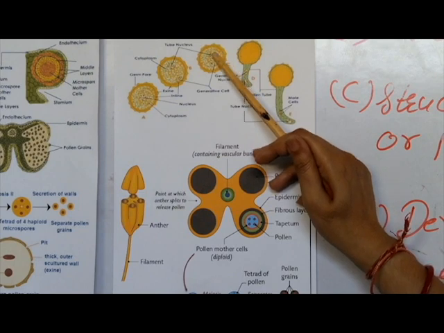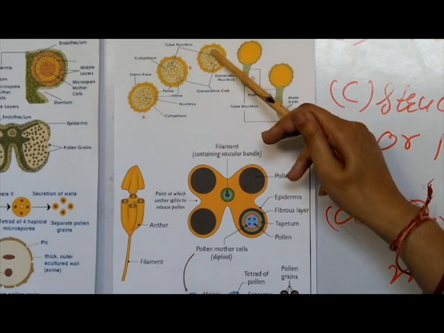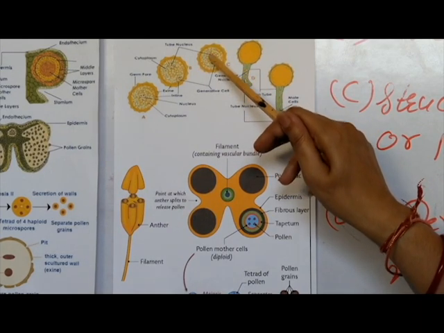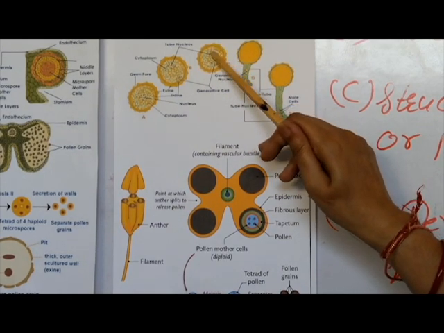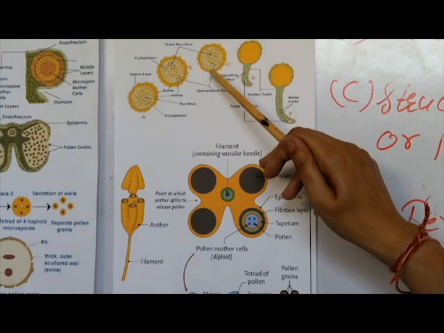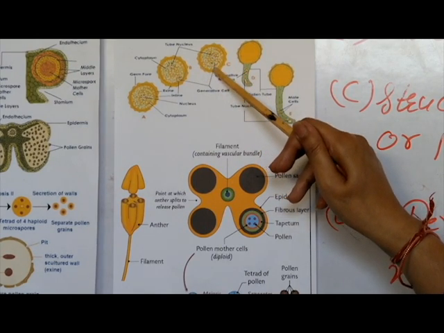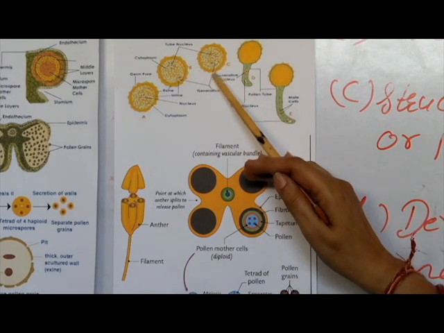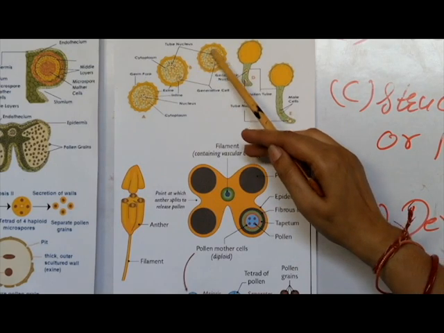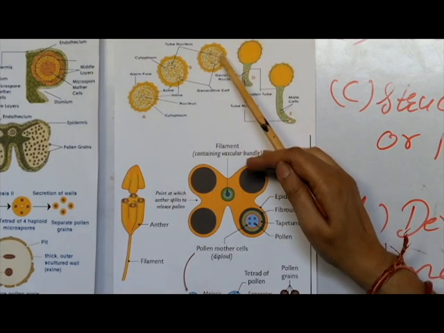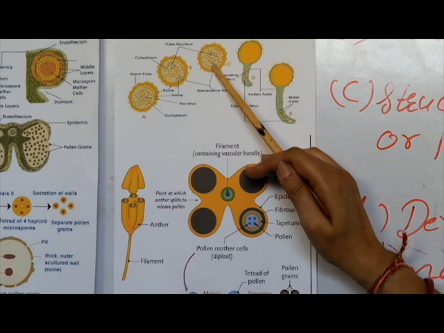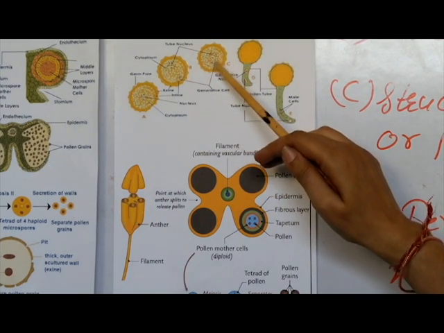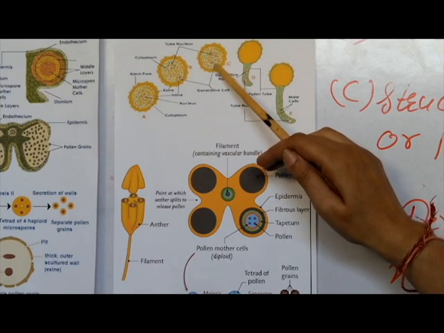The vegetative cell is bigger, highly vacuolated and has a lot of reserve food material. It will form the pollen tube in future. Which cell? Vegetative or tube cell. And the generative cell in future will form two male gametes. In 60% of angiosperms, pollen grain is released in this two-cell stage. But in 40% of angiosperms, the generative cell further divides to form male gametes, so it becomes three-celled. But it is only in 40% of angiosperms.